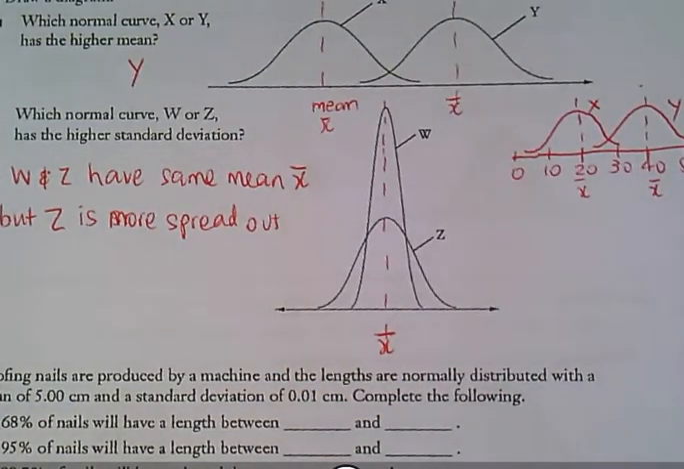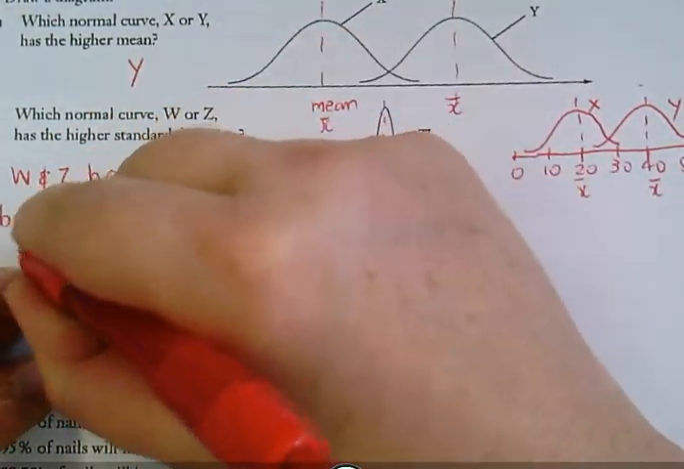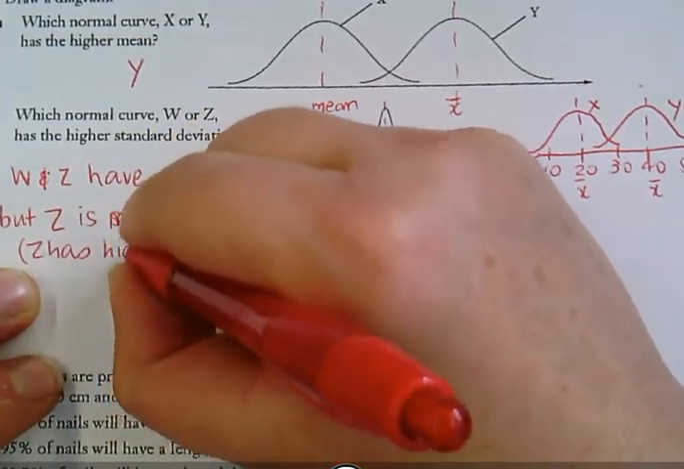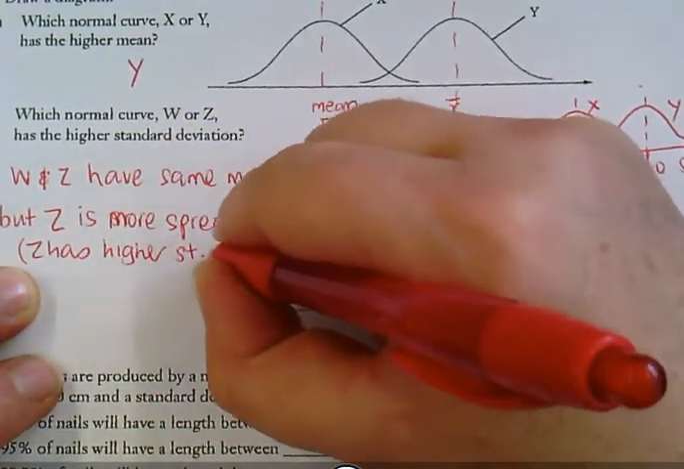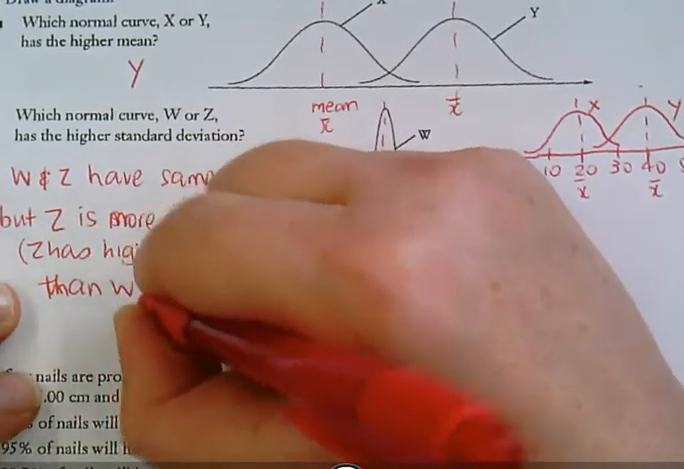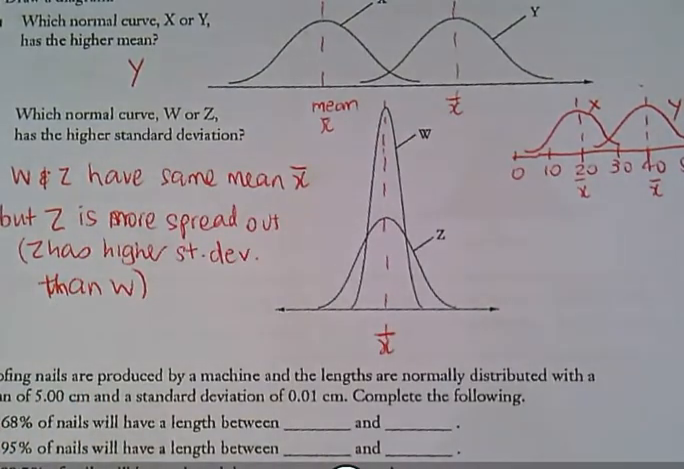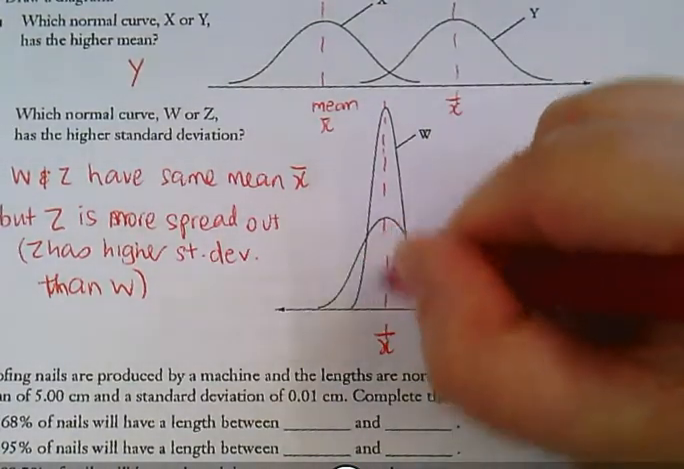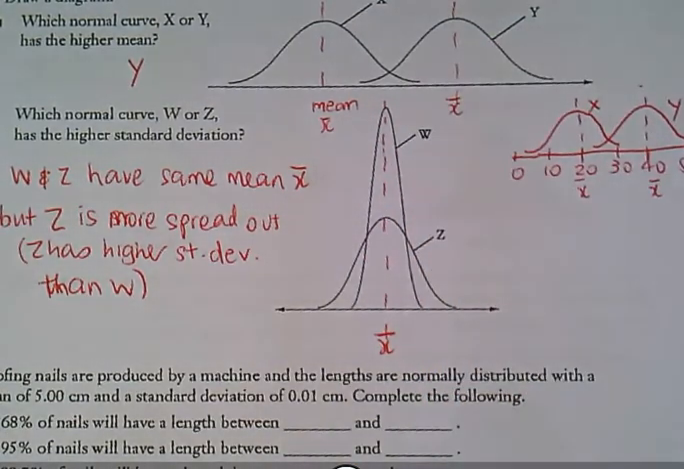A measure of spread is the standard deviation. In other words, Z has a higher standard deviation than W, because W's data is more squashed. Pretend you've got column graphs, a histogram under here. W's data is really squashed. Now, when you think of it in terms of, remember those numbers? 68%, 95%,